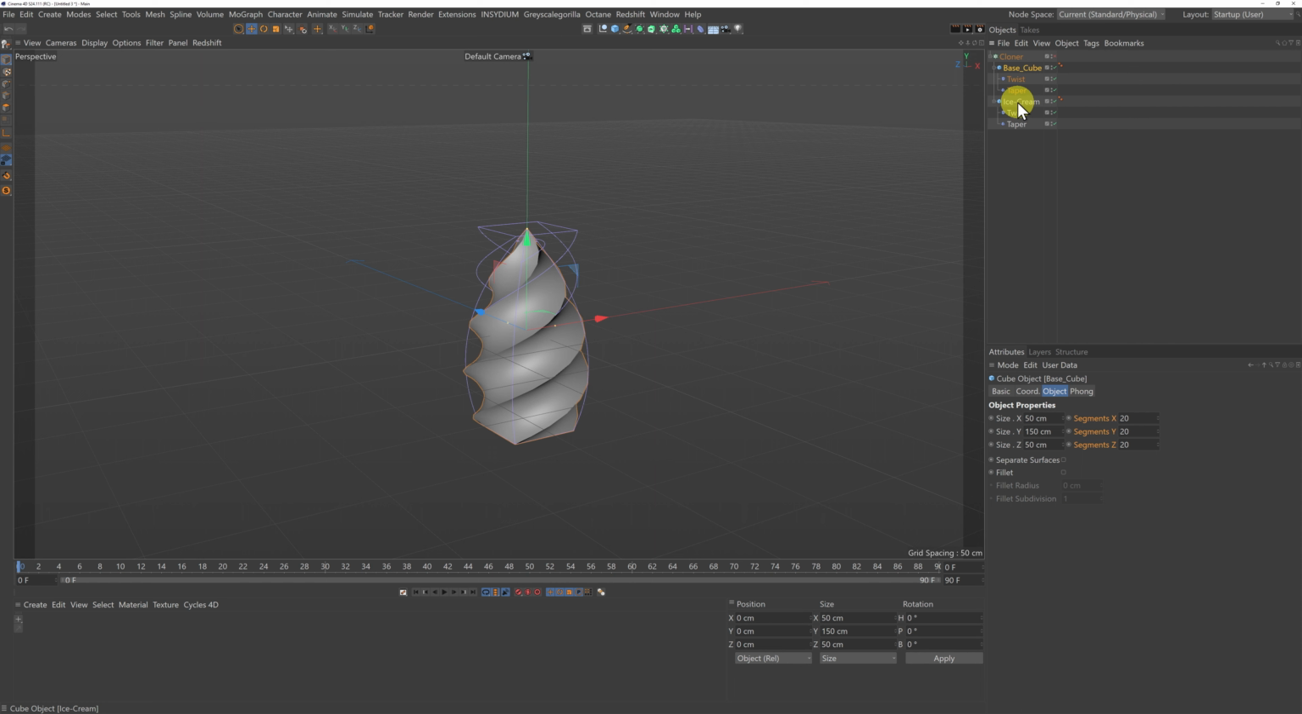Now the way that the cloner works with the blend option is that both objects have to have the same base geometry, and you also have to have both objects have the same deformers on. So I could just take this base cube here, and I'm going to turn off the ice cream so we can see